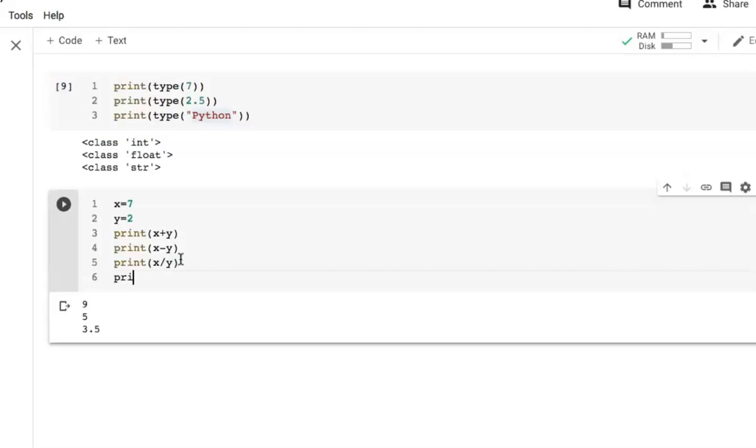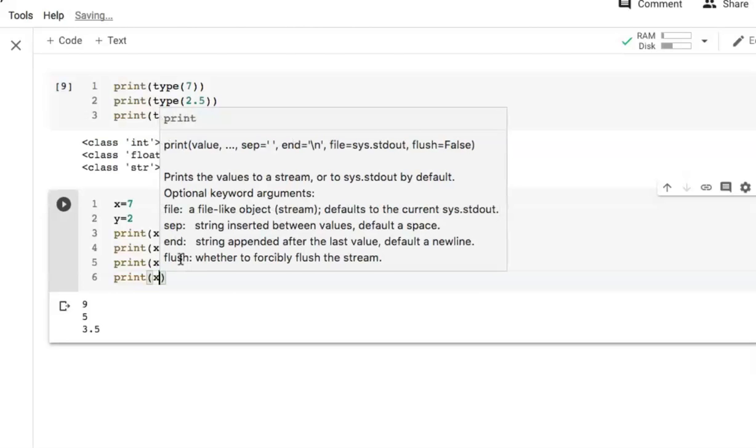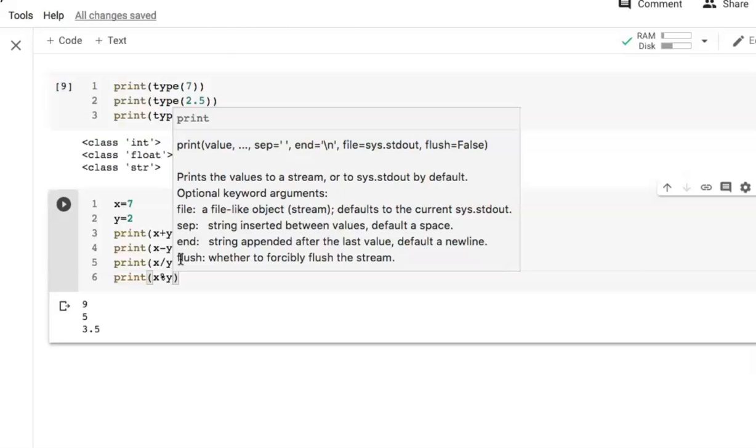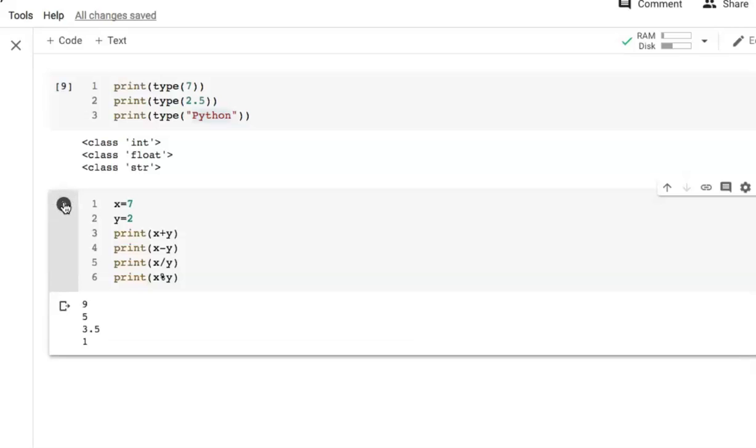So write print, inside parenthesis x modulus y. When we run this, 7 will be divided by 2 and we will get the remainder value, that will be 1. So this is your output.